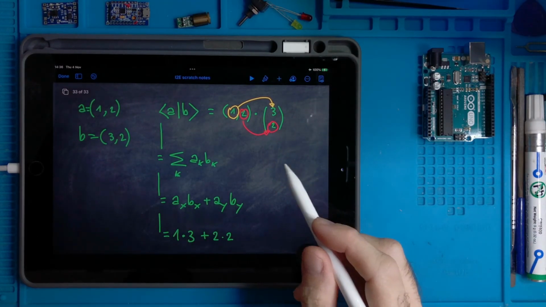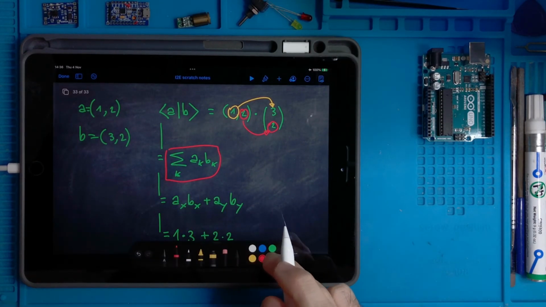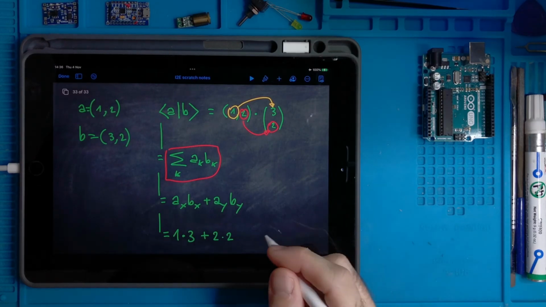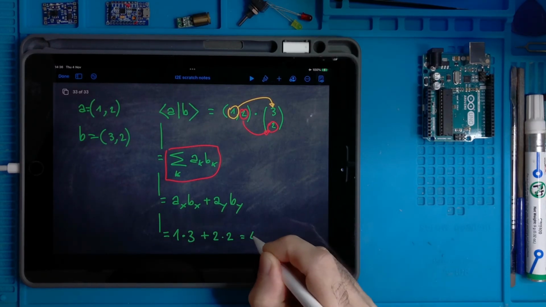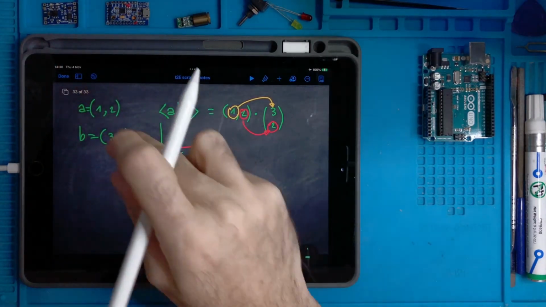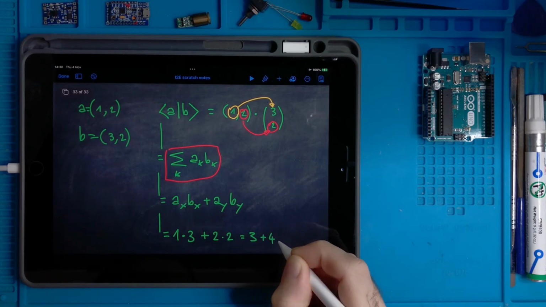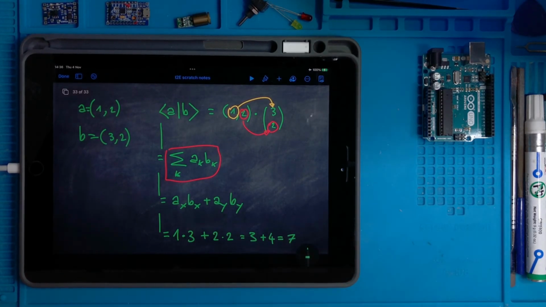So this is what this means. And so this thing is 3 plus 4, which is a number, which is 7.